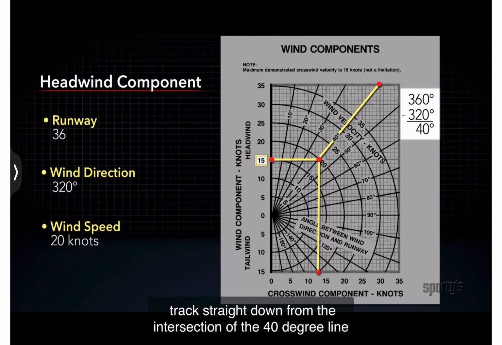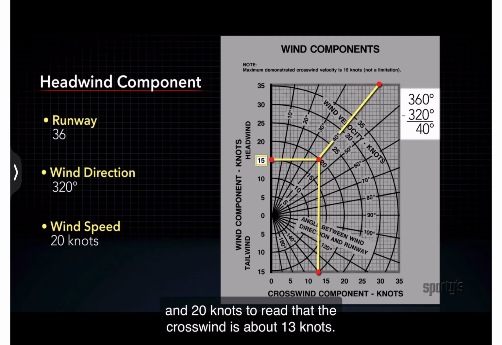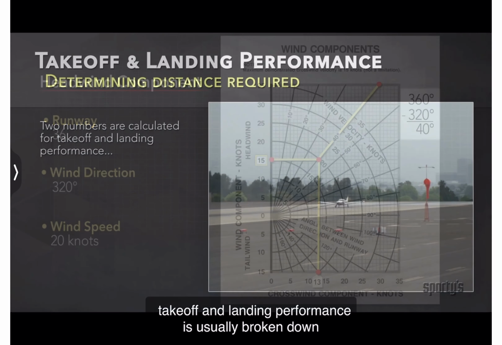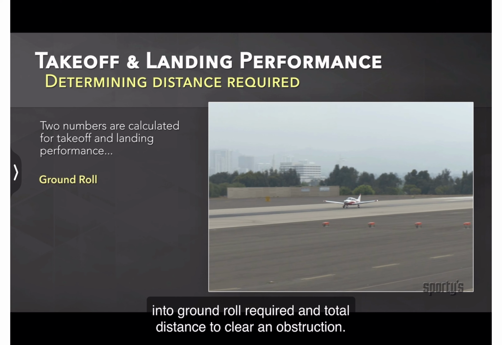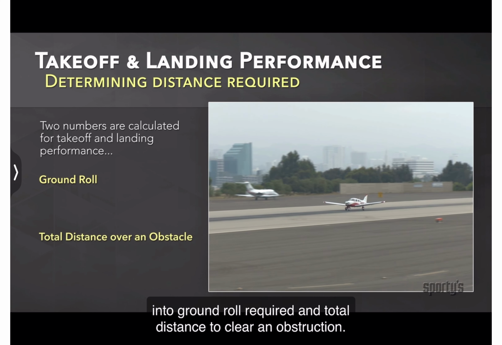Track straight down from the intersection of the 40-degree line and 20 knots to read that the crosswind is about 13 knots. Takeoff and landing performance is usually broken down into ground roll required and total distance to clear an